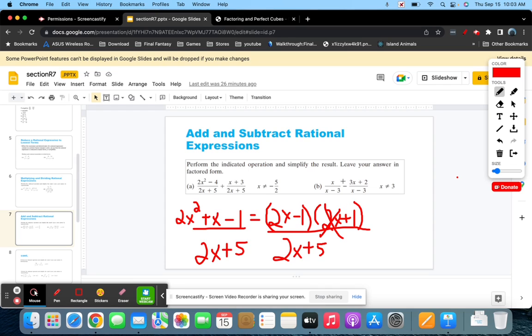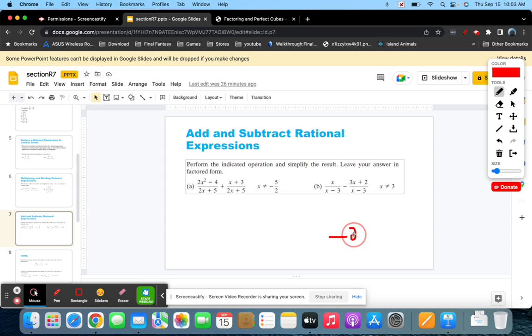And similarly for the second one, part B, you would keep the denominators the same, just like when you're adding fractions and subtracting fractions. X minus 3x plus 2, I would say x minus 3x is negative 2x. And then minus 2. So minus 2x minus 2 over x minus 3. You can pull out a negative 2,